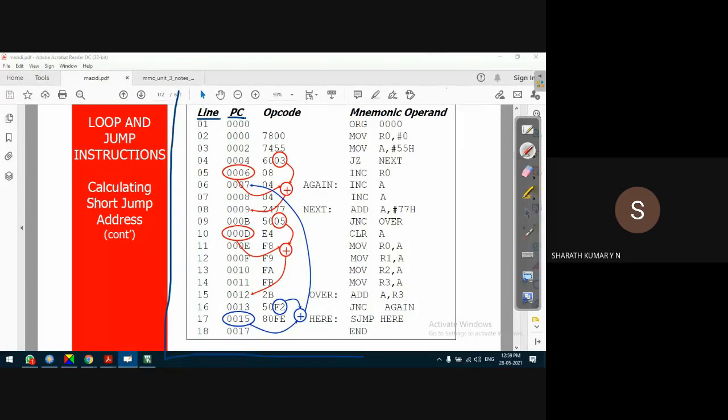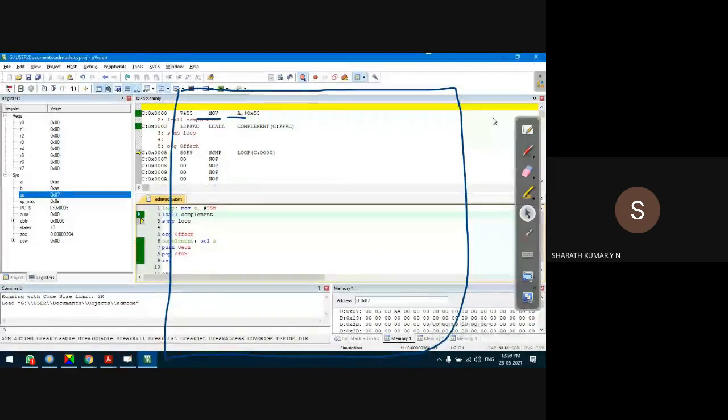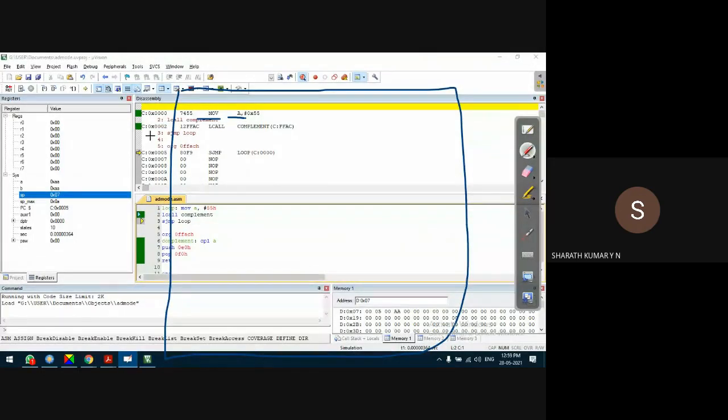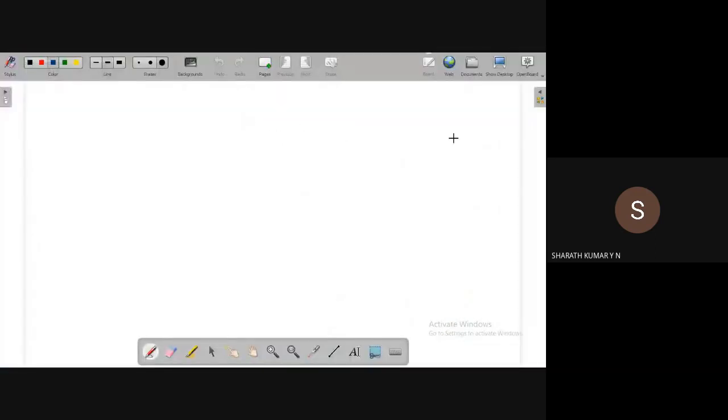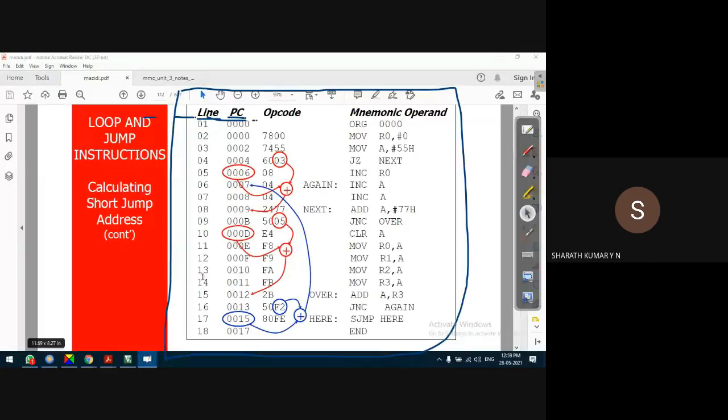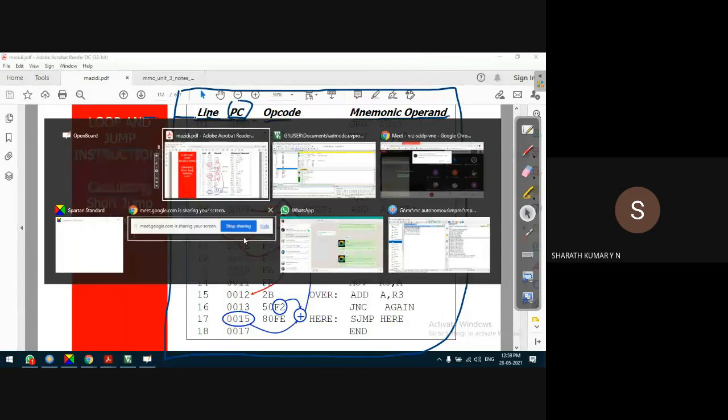What we are watching now is equivalent to a disassembly window. If you see the disassembly window in a compiler, this is what is stored. First comes the line number, then the PC, operational code, and then the instruction. Similarly here, one additional line is included just for understanding purposes. First comes the line number, then PC, operational code, and then the instructions. That is the mnemonic of the instruction.